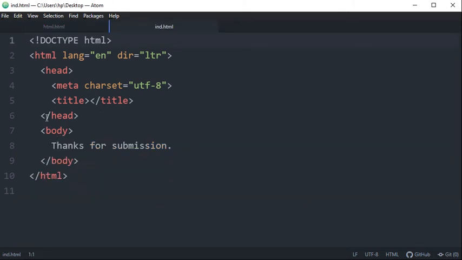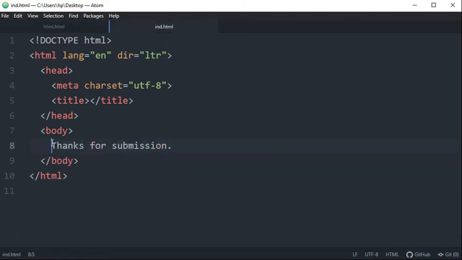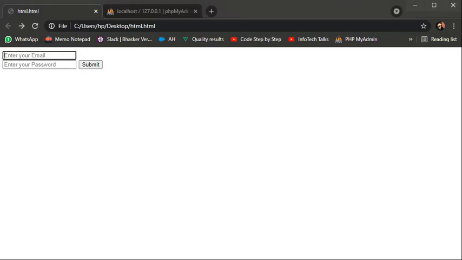In simple syntax, I defined a plain text, thanks for submission. In the action attribute, I defined the name of that file, ind.html, where our message is already defined.